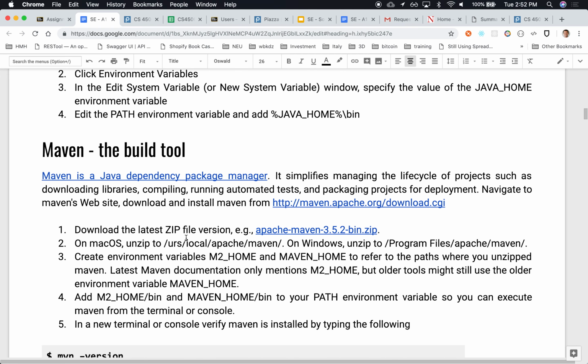We also ask you to install Maven. Maven is a build tool that allows you to download packages and jar files and put them in the right place and make them available in the class path for a particular project. And so we're asking you to download and install that locally and ask you to test whether it's working correctly. We also ask you to install the Spring Boot framework, which is a very